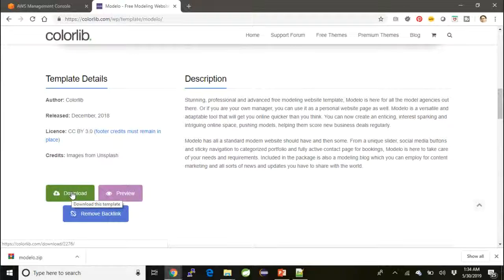If you're a developer, feel free to develop a similar site or content, and then you can use your own developed website by following the same steps. It's not going to be different steps, it's the same steps to implement static website hosting in S3. So I'm going to download it,